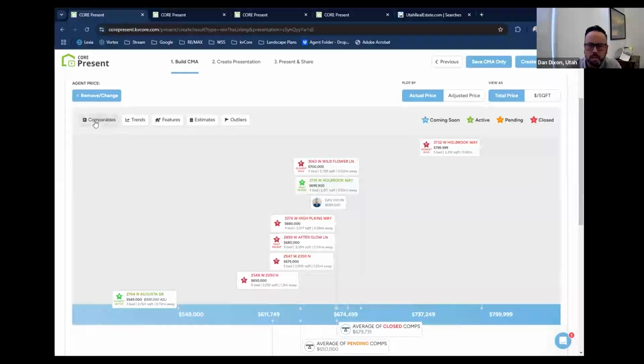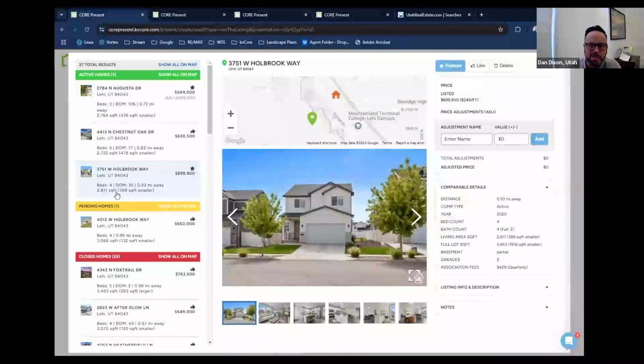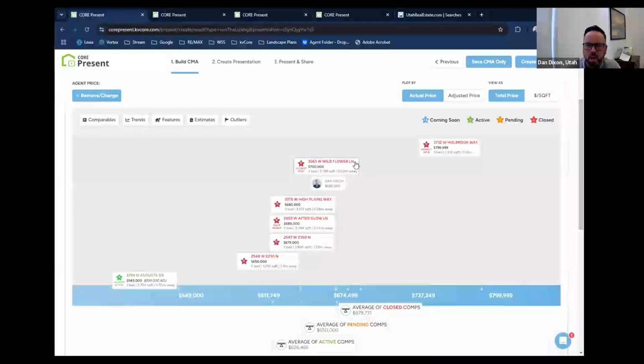If I go back to my comparables and say, I don't think that should be featured because this is a new neighborhood, smaller lots, kind of different, on that west side of the river, I don't want to delete it. I want it to exist, but I don't want it on that bar graph. So I'm going to remove it from feature to like, and now it's gone from my bar graph.